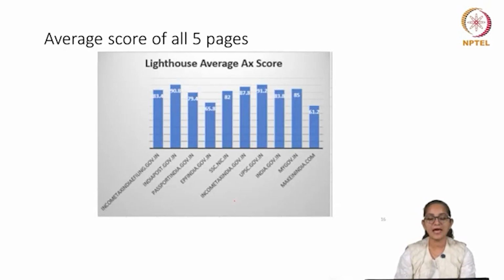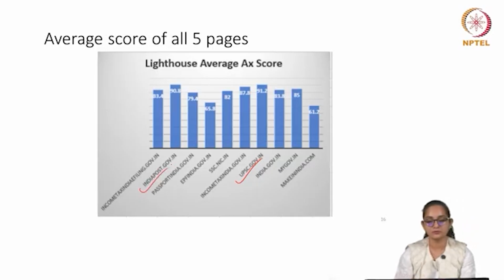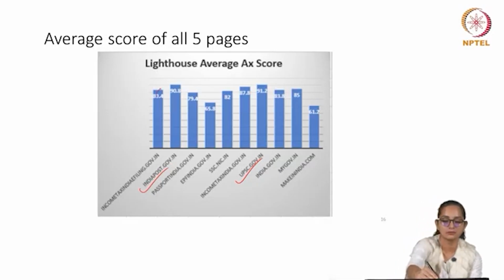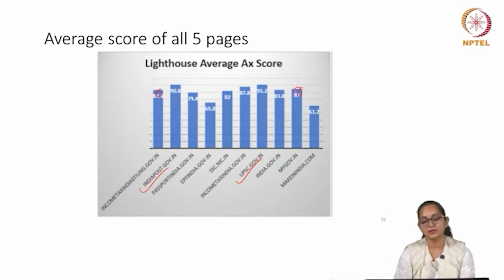So, this is an average Lighthouse accessibility score for all of these pages. This is like an average of the 5 pages. This is just a data evaluation. So, UPSA seems to be doing okay. India Post seems to be doing okay. Some of them more, I mean, income tax, MyGov. So, these can be reasonable,